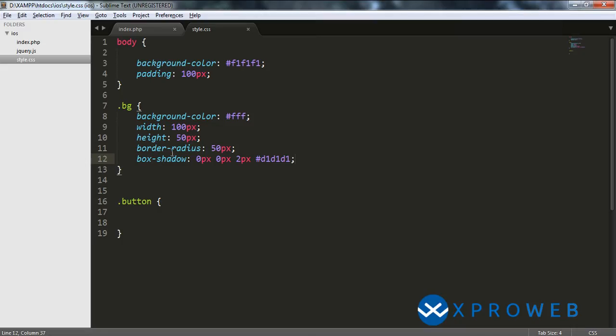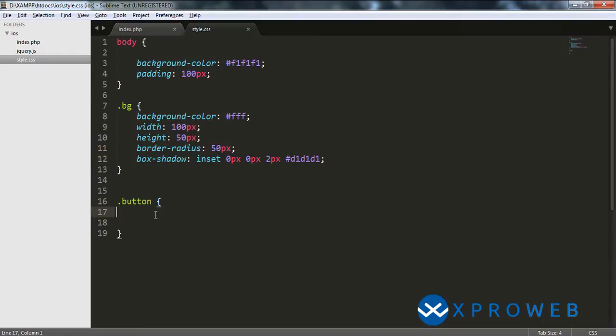Let me just change that to inner. Set, refresh this, and that comes to the inner part. And then I just need to add the same things to the inner button too, but before that I just need to add the width and the height of this inner button. Width to be equal to the same 50 pixels, and the height of 50 pixels,